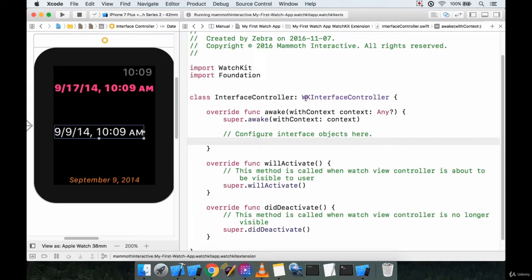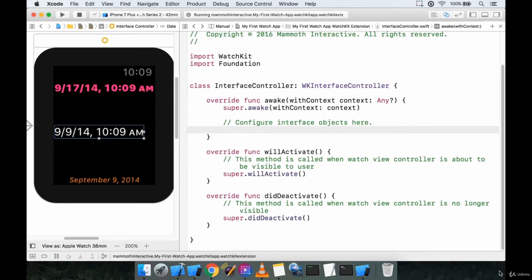And it's a type of WK or WatchKit interface controller. And this just overrides some of the basic functionality, which means if you want to add some of your custom behavior, you can put it into one of these methods, or you can create your own method. And it also helps us with comments here on how to, for example, configure interface objects, or something like willActivate. This method is called when the watch view controller is about to be visible to the user,